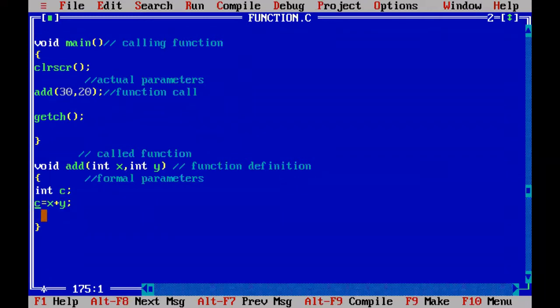Earlier we returned that c value to the calling function, and there we captured that result of x plus y and we printed it. But returning is not possible, so you print the value here only. You print the value here only. printf("\n sum equal to %d"), and replace that value with this particular c, because we are unable to return.